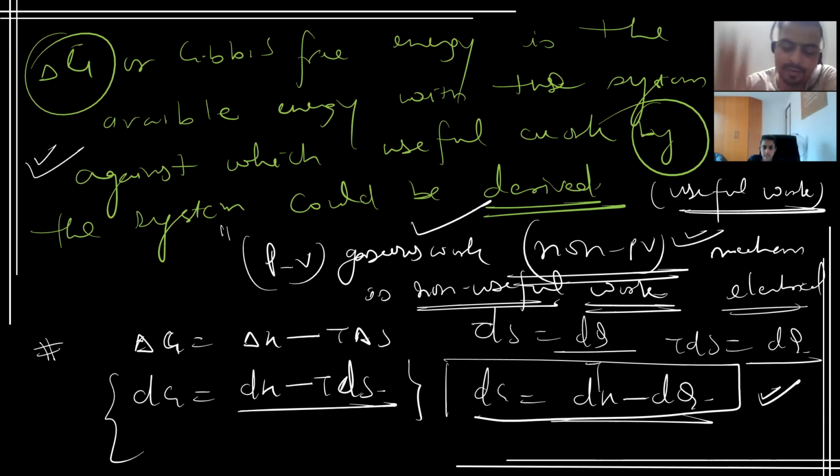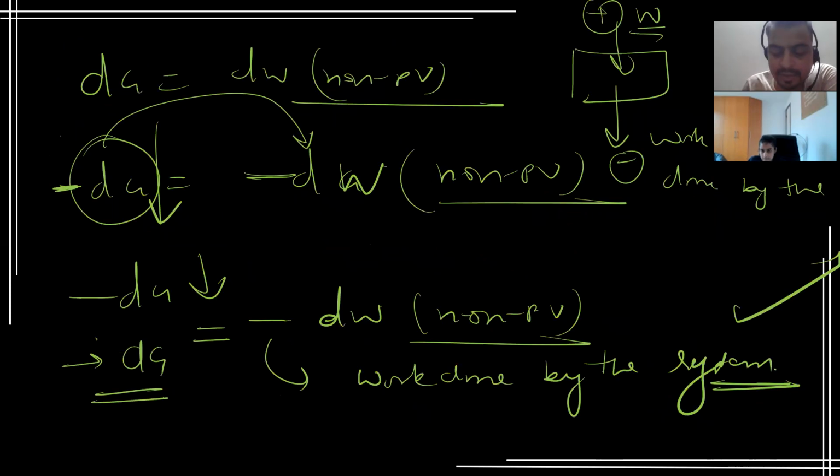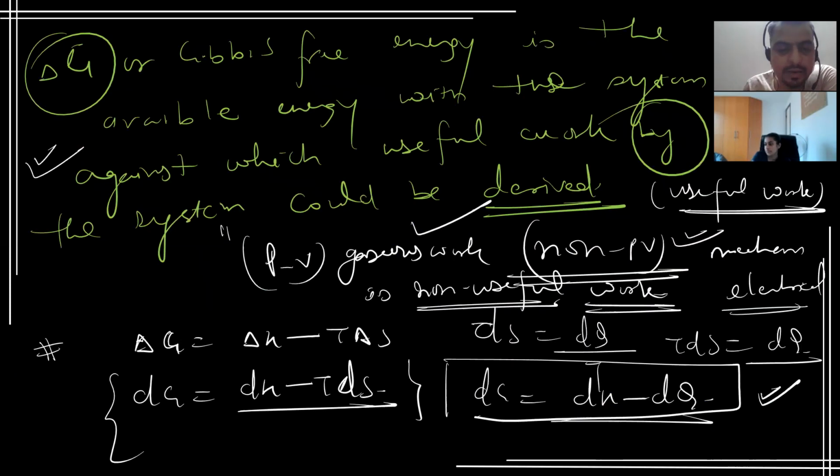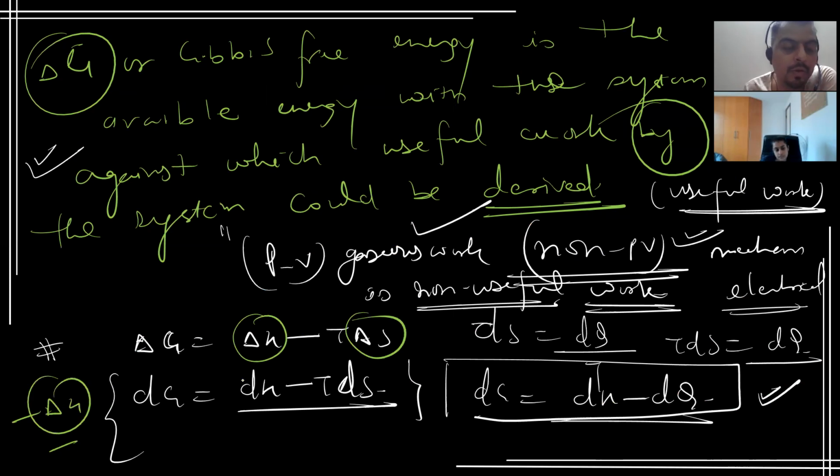Okay, fine. So we are done with the Gibbs free energy. Only the thing is that we need to play with the sign of delta H or delta S in order to get the value of delta G as negative. Only 4 sign cases are there, that we will be taking in the next class, where we will be covering the whole concept of spontaneity. Spontaneity means delta G has to be negative.